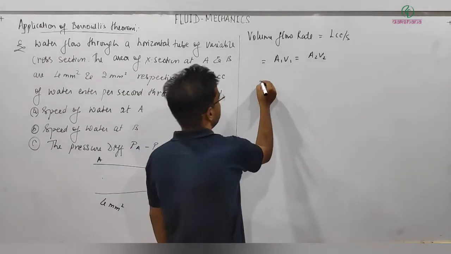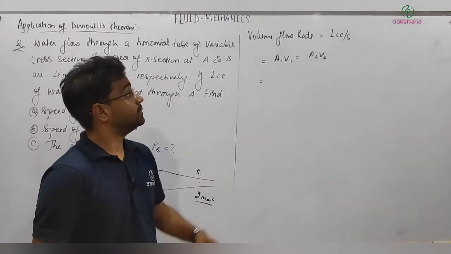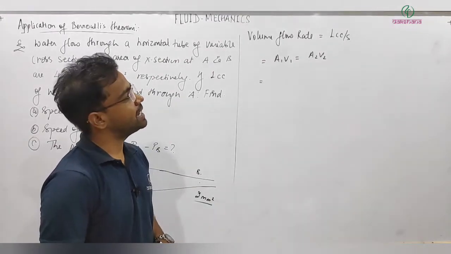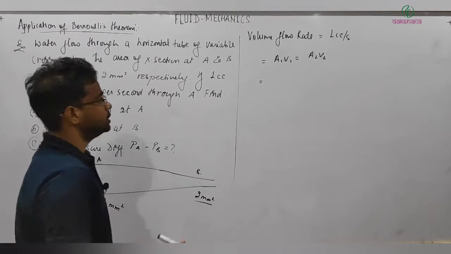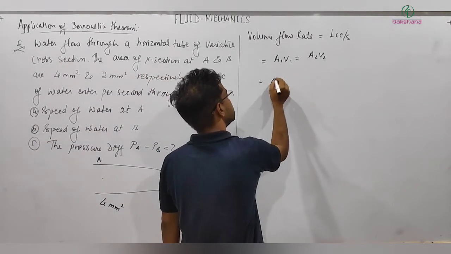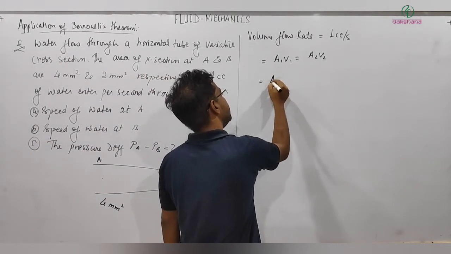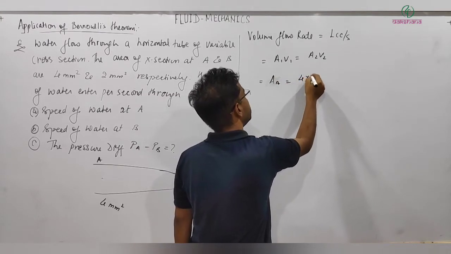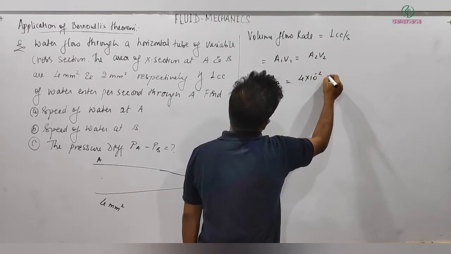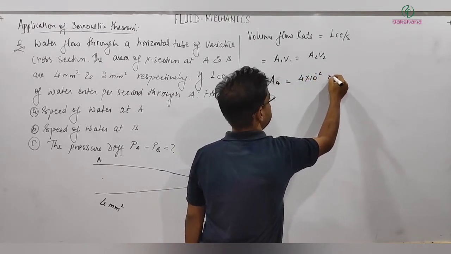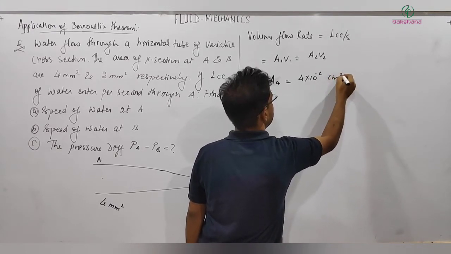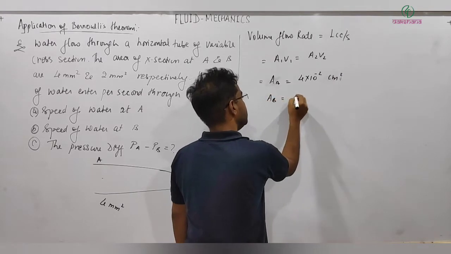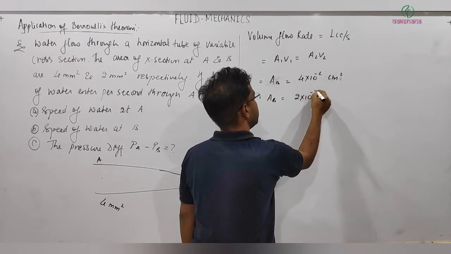And because the volume flow rate is given in centimeter cubed per second, we need to convert the area into centimeters. So area AA is equal to 4 into 10 raised to power minus 2 centimeters square, and similarly AB will be 2 into 10 raised to power minus 2